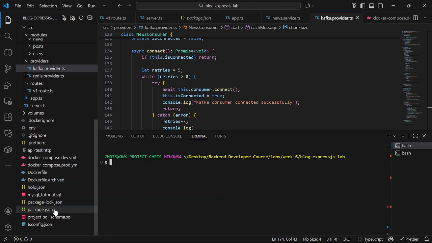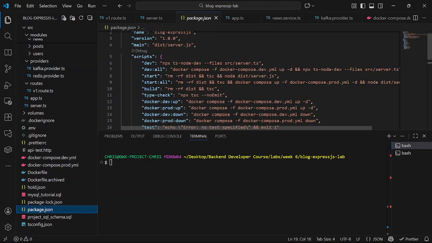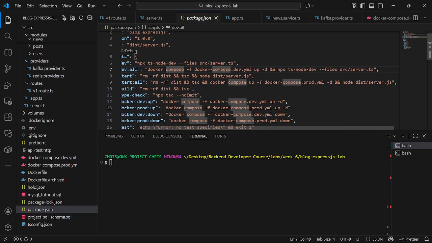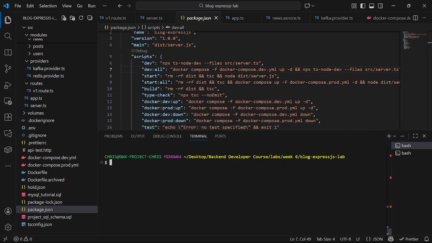I have a single command in my package.json, dev:all, which starts everything at once. But let me start the app with npm run dev, just this. I'm starting only the app now.